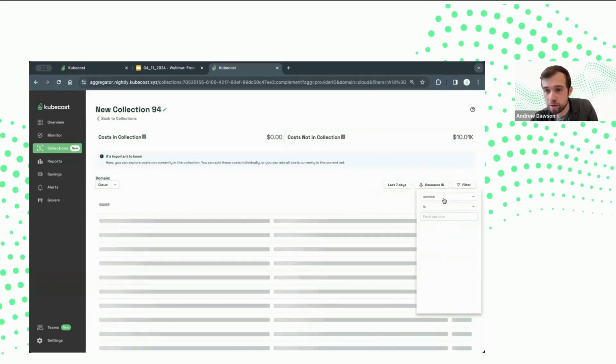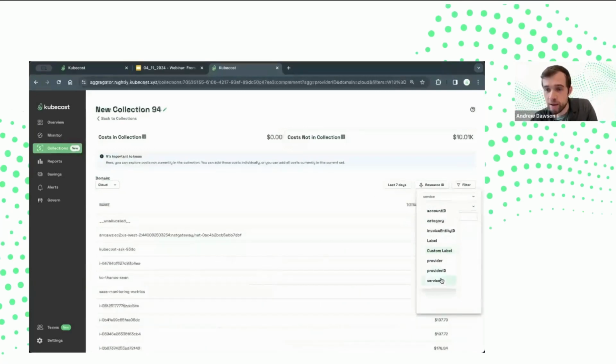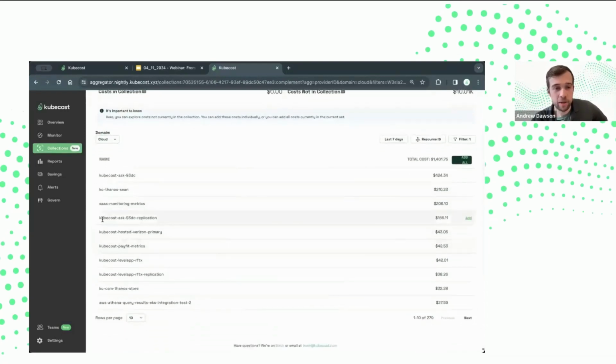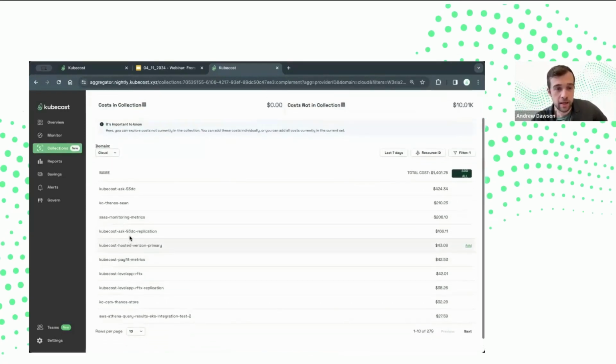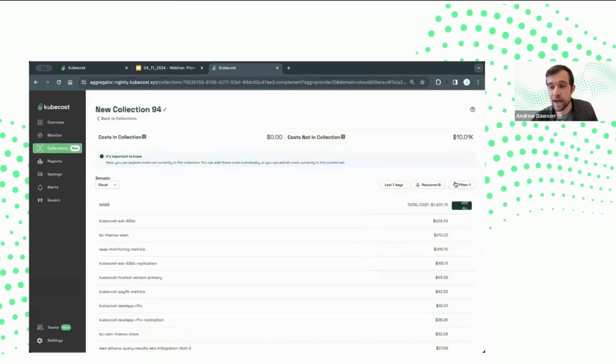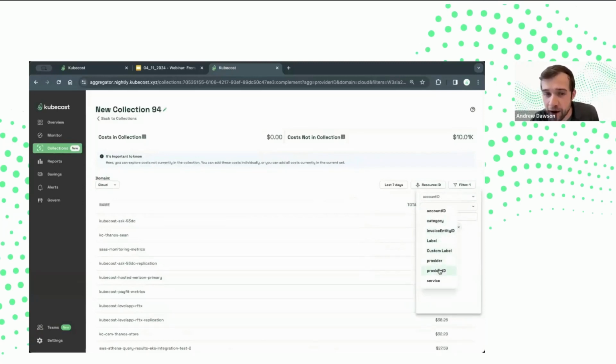So how I would really do that is probably filter to S3 first. So let's see. Somewhere in there, S3. So now I'm in only my S3 costs for the last 7 days. And then if you filter by resource ID, here's all the buckets. So I could say, all right, I have a bunch of buckets named Kubecost, hosted, whatever the hosted is. I could actually come in and filter by label directly and tag on top of that, if you had S3 tags on the bucket for owner or whatever, or I could just say resource ID contains